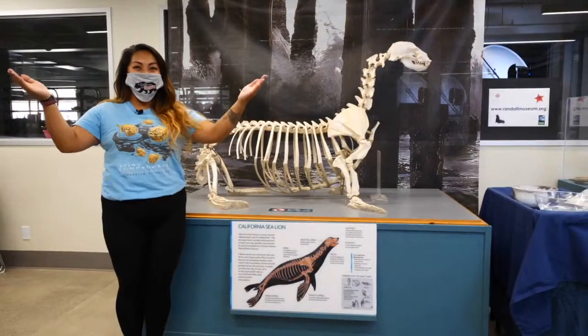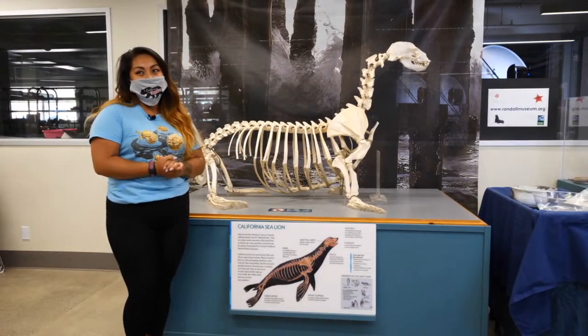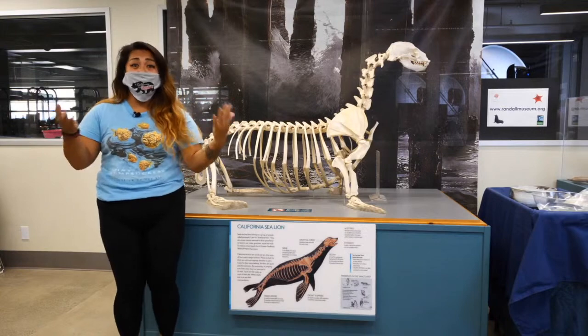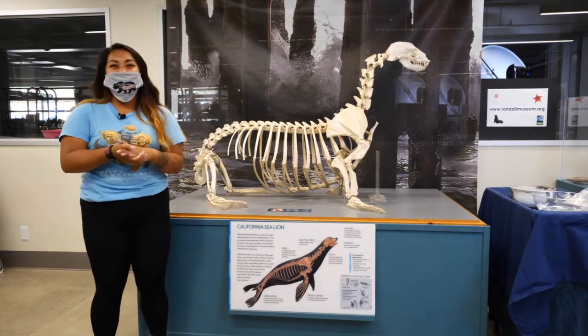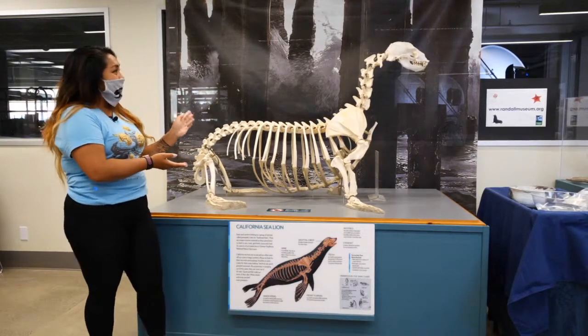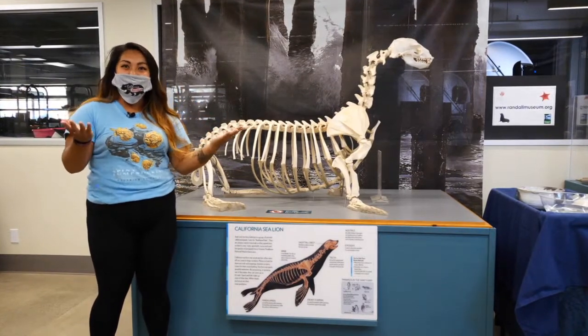So, one of our last habitats that we will talk about today is our open ocean. And because our open oceans are obviously very large, we don't really have a tank to support that here. We'll be talking about the skeleton we have. Now, the skeleton is a California sea lion, one of the more well-known marine mammals we have here living in